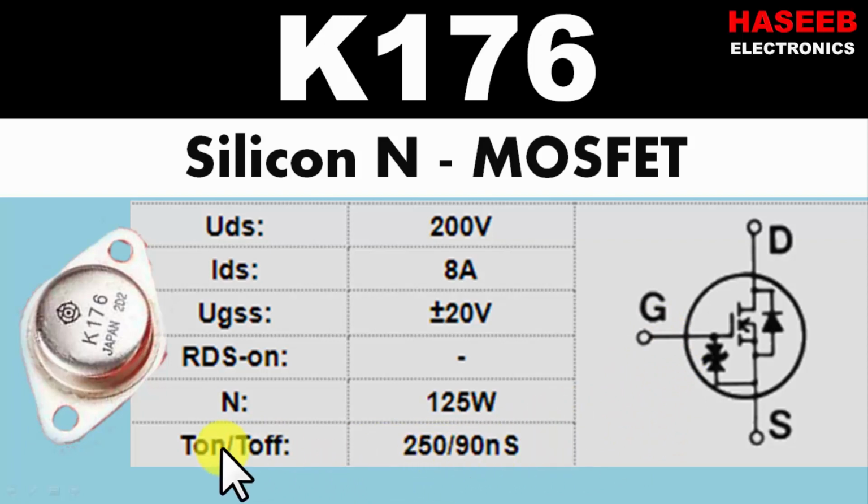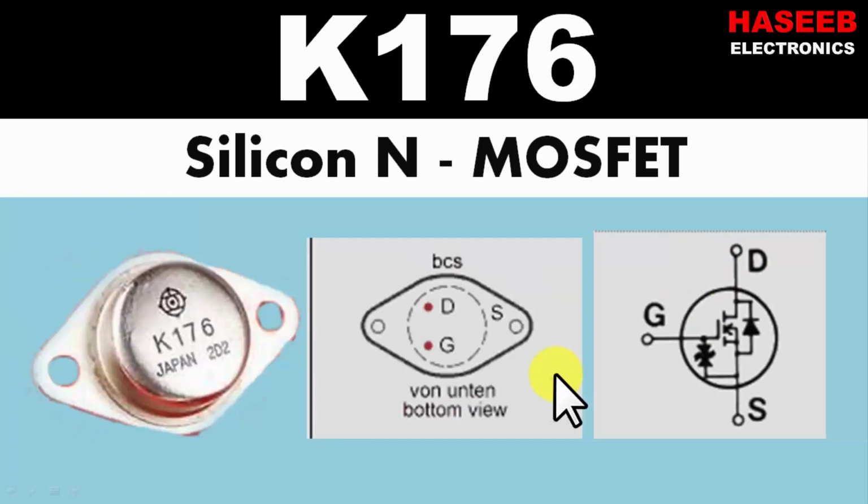250 and 90 nanosecond. T on: when we apply a signal at the gate, the time difference between applying the signal and arriving at the output is 250 nanosecond. And when we remove the input from the gate, within 90 nanosecond the output from the drain will disappear. So it is its setup time, T on versus T off. It is propagation delay. We apply input and how much time it will take for the output to reach the output end. And when we remove the signal, how much time it will take to disconnect the load.